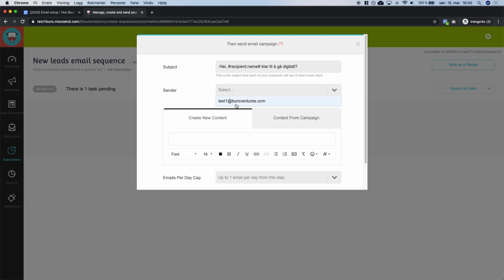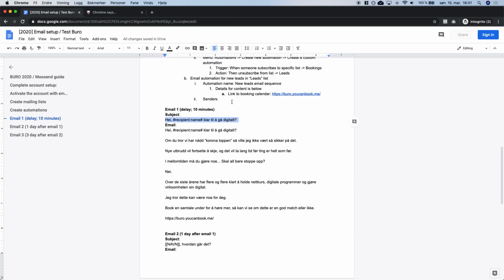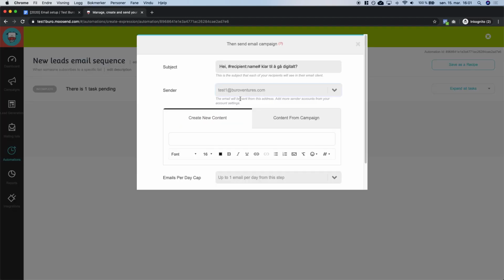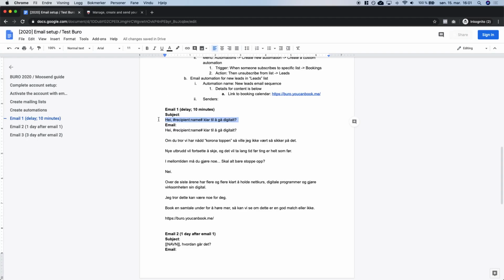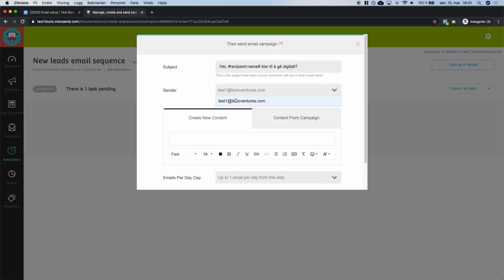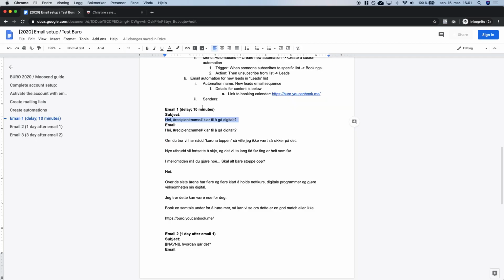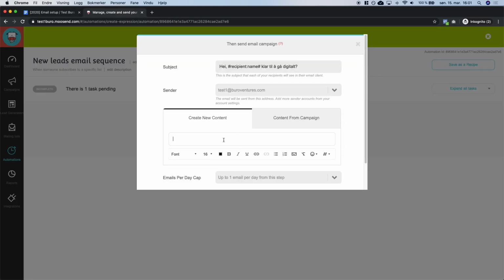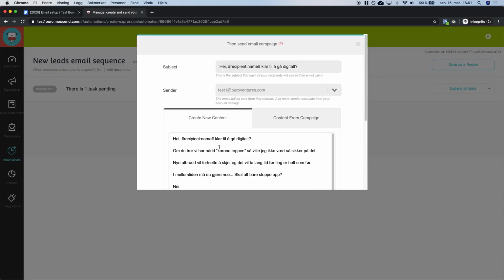We then want to select the sender. If nothing is listed here about senders, use the one that is available. If there are listed someone here, then we want to have that changed to the second one that is listed in the description document. So then we want to copy paste all the content into here and make sure that